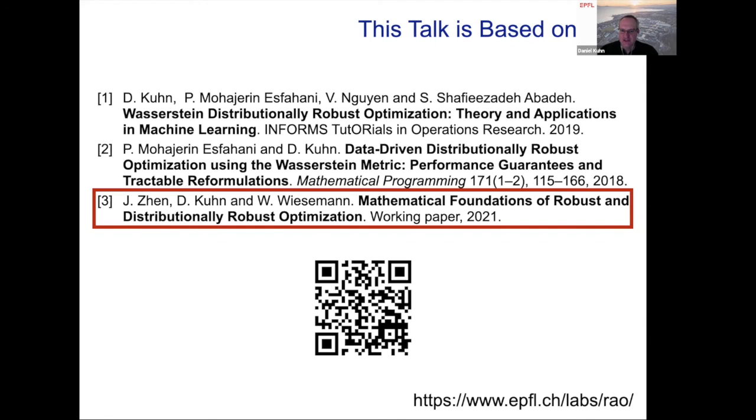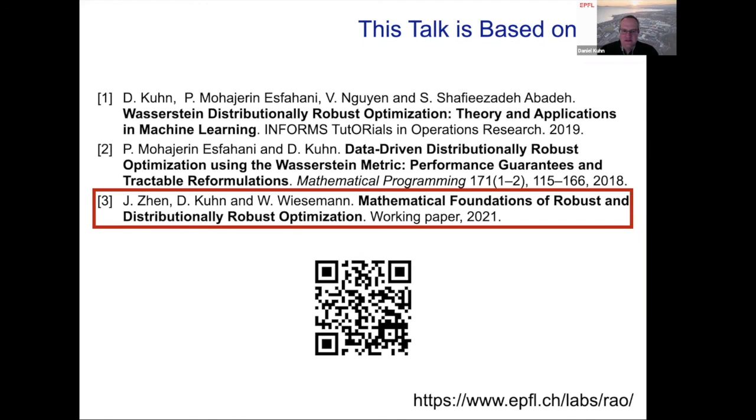Well, we want to make sure that we're on the safe side. So ideally, we would like to ensure that the unknown true distribution is in this ball. But if we want to enforce that with probability 1, then the ball would have a radius that is probably infinitely large, and that would not be very useful. So in that case, we try to make the radius as small as possible while guaranteeing that the unknown true distribution is inside that ball with a high probability, say 1 minus beta, where beta is maybe 1% or 5%, some number that you choose.